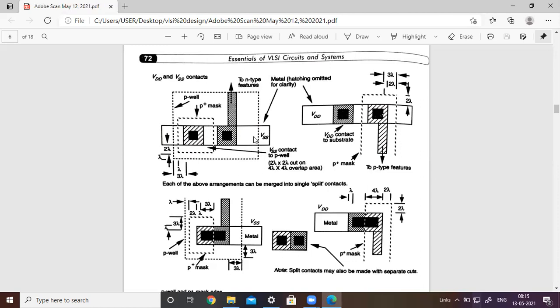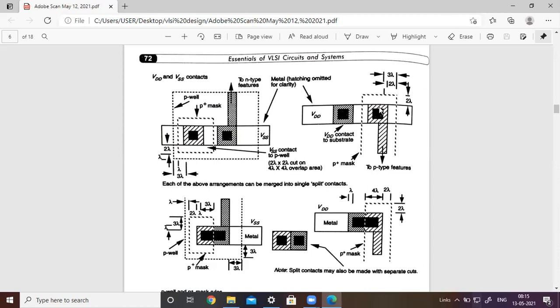Similarly, this is at the VSS level, but coming to the VDD level, how do we make a contact? This is the VDD contact for the CMOS structures. This is the connection. See, this is the P well, and you can consider the P well in the N-type substrate. On the N-type substrate, we are going to make a P-channel transistor. So this is the P diffusion, and this is the connection between the P diffusion and the VDD line.